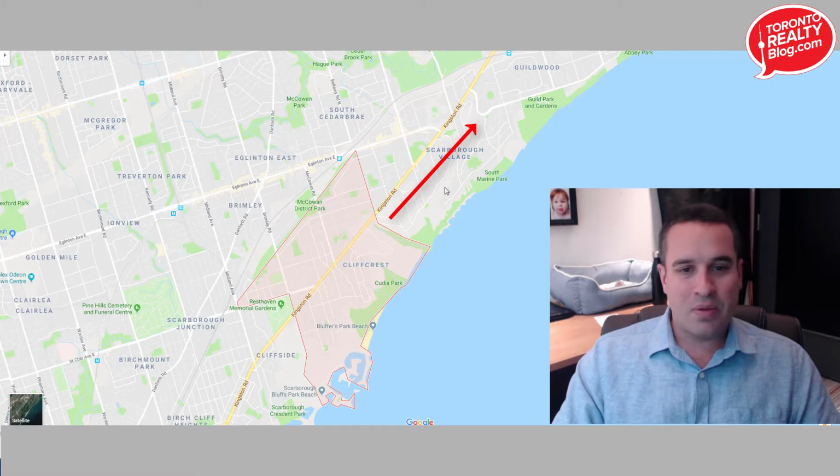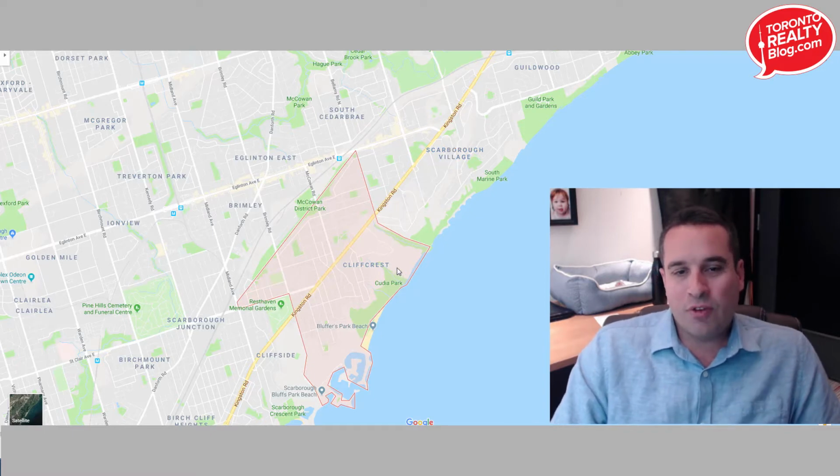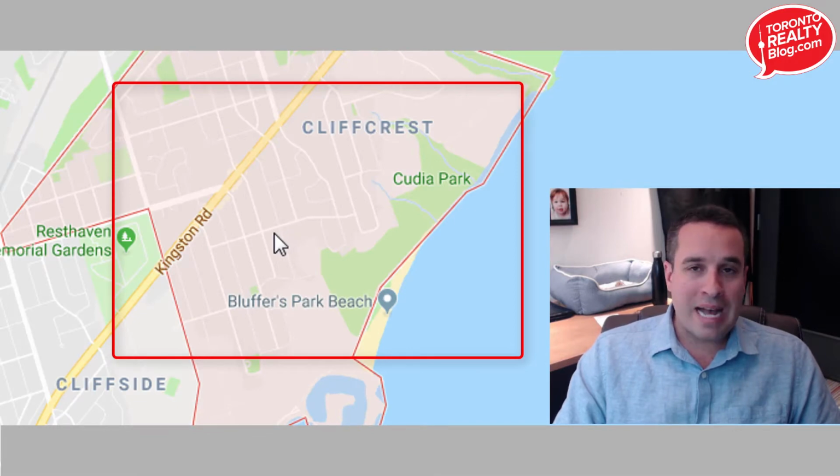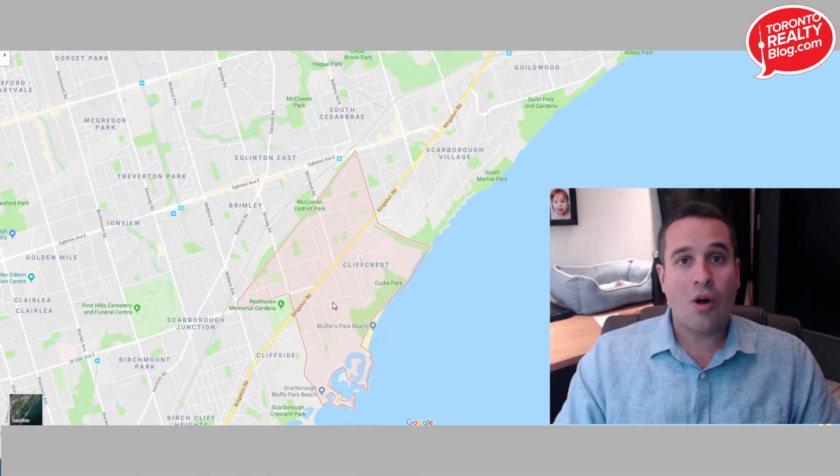You really can't compare the types of the properties. And as well, for those of you that do know this area, some of these streets down in here, they're beautiful. They're massive lots. It feels like you're outside of the city. You actually feel like you are at a cottage. It's almost eerie to walk through there, which I did a couple weeks ago. The whole thing was very ironic that I ended up having a client say, you should take us to see